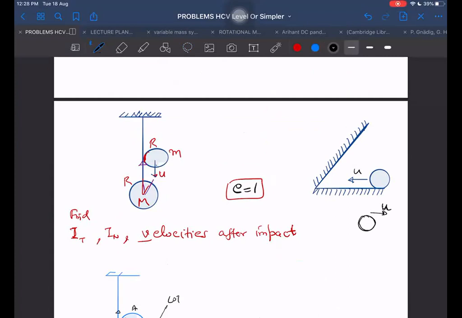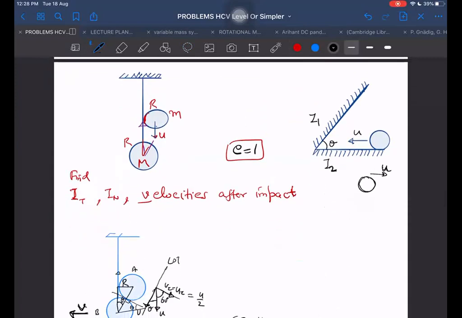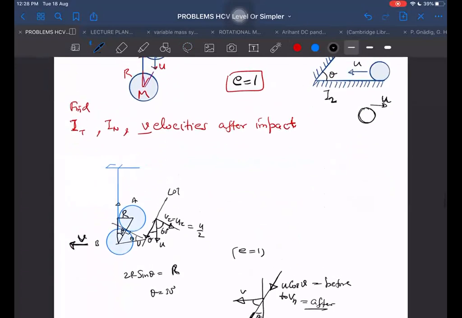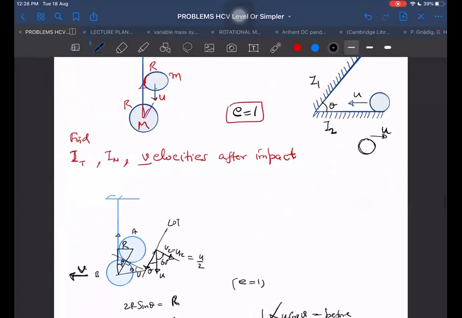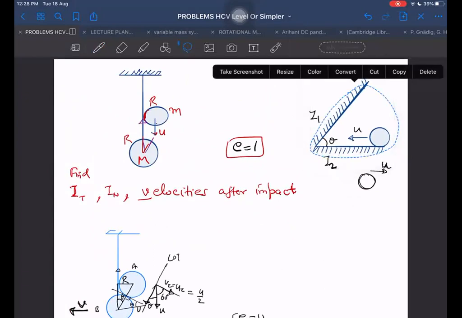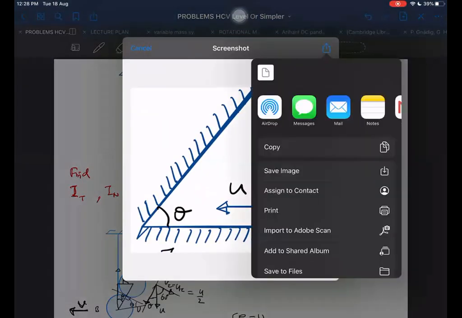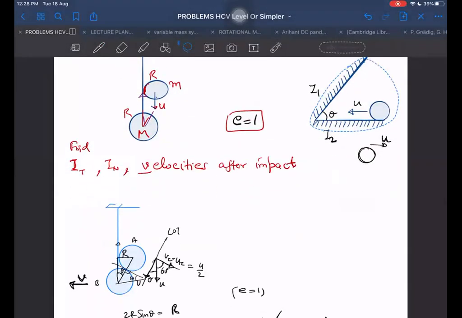In this question, normally they don't ask with what speed it will go back. Usually they will ask what is the impulse from one wall and what is the impulse from the second wall. How to find that? Find the impulses from the two walls. This angle is given to you as theta. Change in velocity along that direction. Can you find?